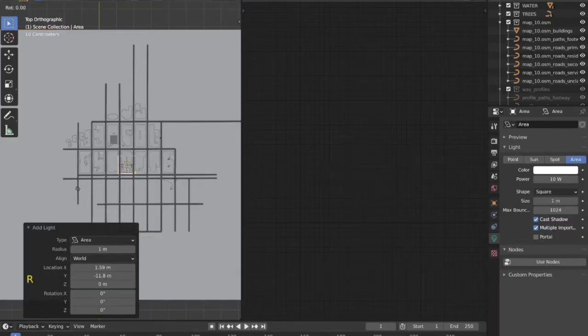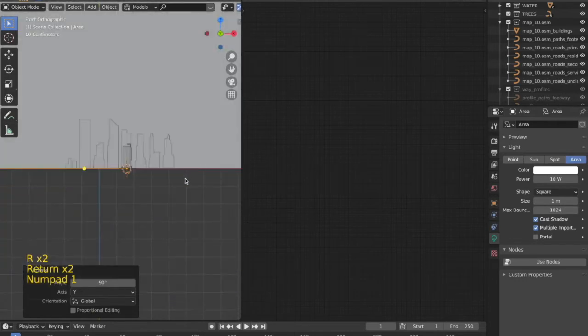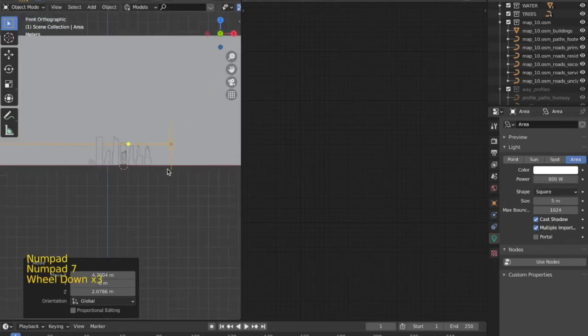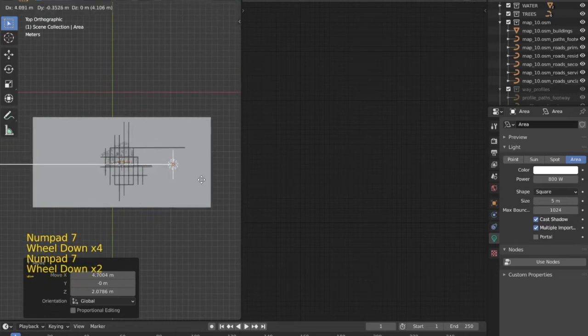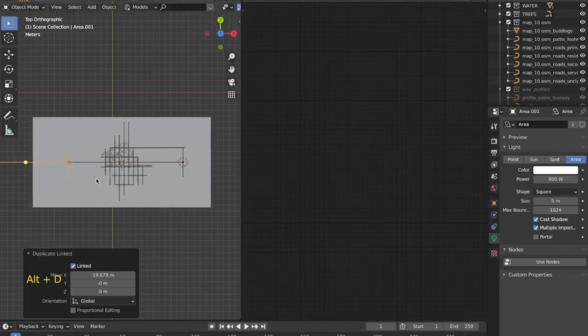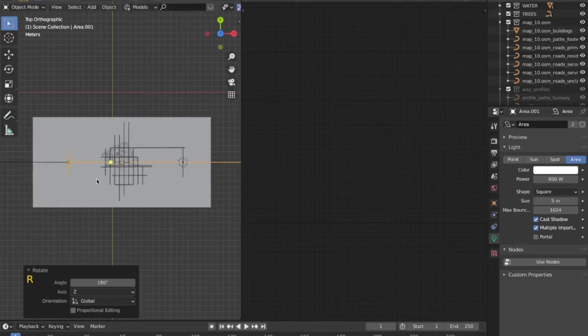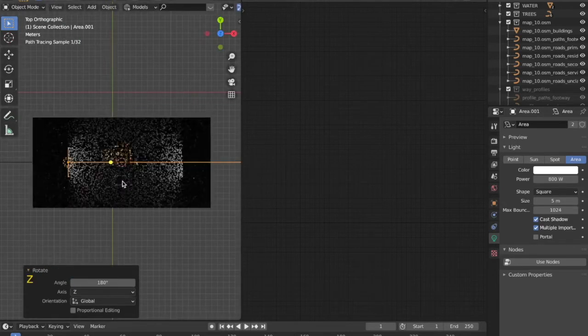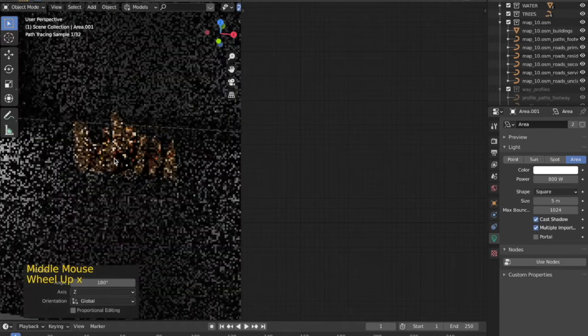After having done that, we are going to give lighting to the whole model. For that, we are going to give an area lamp with a certain amount of power, and then we'll duplicate it on the other side. For duplicating the light, we are not going to use the Shift plus D command. Instead, we will use the Alt plus D command. In this way, when we change the power settings of one light, the other light will automatically get changed because both of them would be linked.